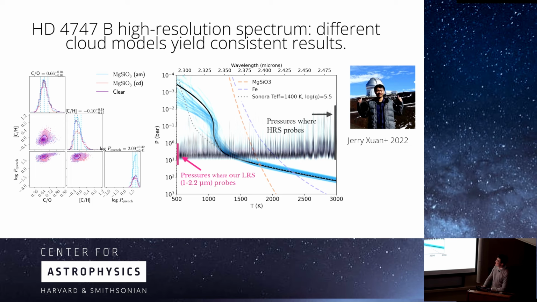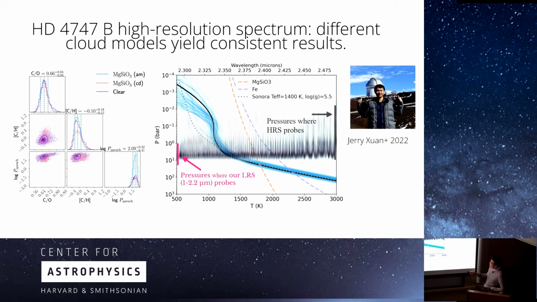And one nice thing in particular about our very high resolution spectra is that we're oftentimes agnostic to clouds. So here's another benchmark brown dwarf where we try to measure the carbon to oxygen ratio, the C to H ratio, with different modeling assumptions. We use different cloud models. We often use the most extreme case where there are no clouds at all in the atmospheres of these planets, and we generally believe there should be clouds. In all of these cases, we're able to measure the same composition, even though we've used completely different model hypotheses. This is because when you go to very high spectral resolution, not only do you see the continuum, which is usually produced